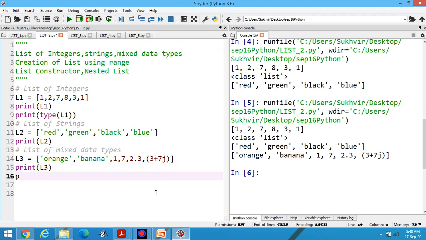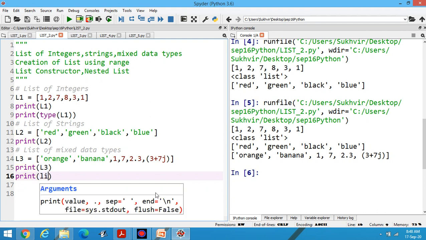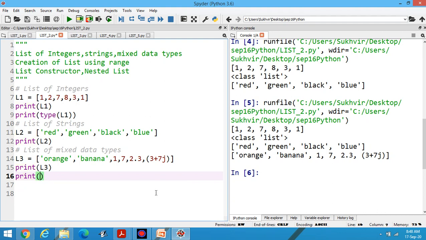Suppose I would like to develop a list using a range, 1 to 8. It means I can print the data from 1 to 7 as far as the range is concerned.